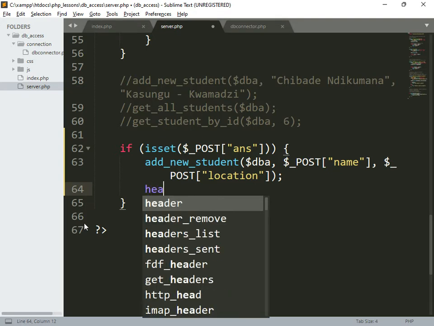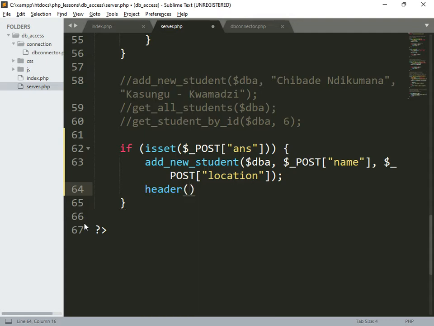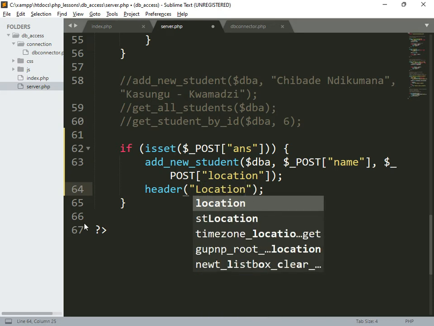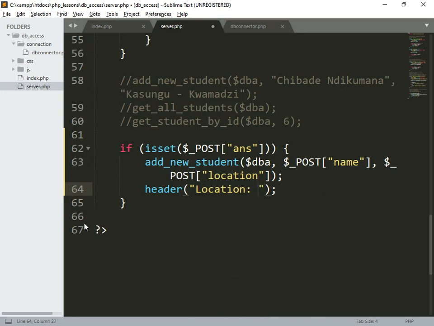So we are going to have header, and I think header is a method, right? Yeah, header is a method, and we should give it a string. From there, we are good. In this case, we are going to have Location. With this location, we should now specify how we are going to get whoever called this page, by going to another associative array which is called